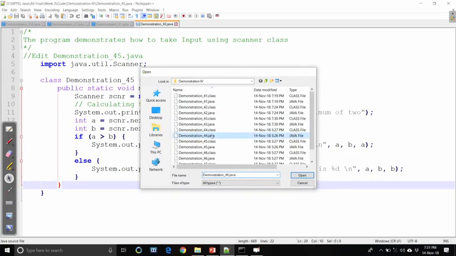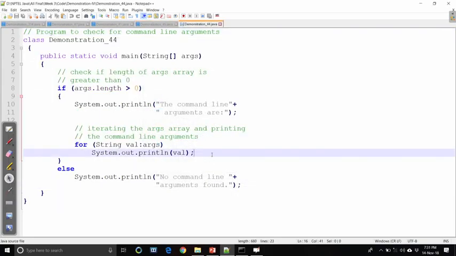Now, let us see the program. It is the same program, but it checks whether a command line argument is passed or not. If no argument is passed during the command line, it will report that. If it is passed, it will print it.